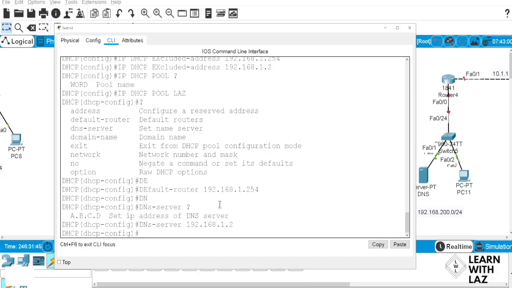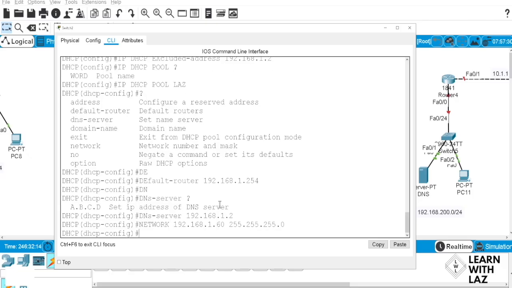And then I'm not worried about the domain name. And then the network, obviously, that's required because it needs to pick from a range, right? So 192.168. Here you can tell it 1.0 and then put the mask. Or I can say, okay, I'm going to put 60, and then I'm going to put 255.255.255.0.